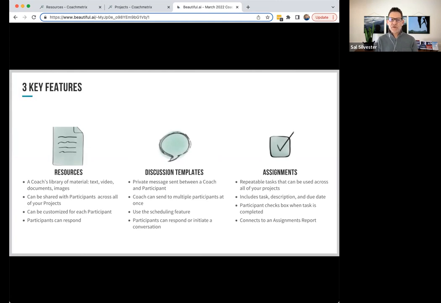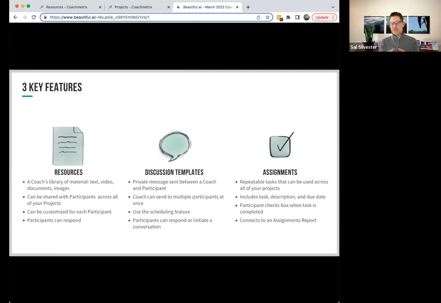Resources is a feature that we built really with the intent of enabling the coach to build a library of material. So what we know about coaches and trainers is we usually have a ton of content. The idea was, how do we get that content online, but in a way that is super easy to build and not complex like many learning management systems or e-learning type systems. So a resource might consist of any combination of text, video, document uploads, or images.